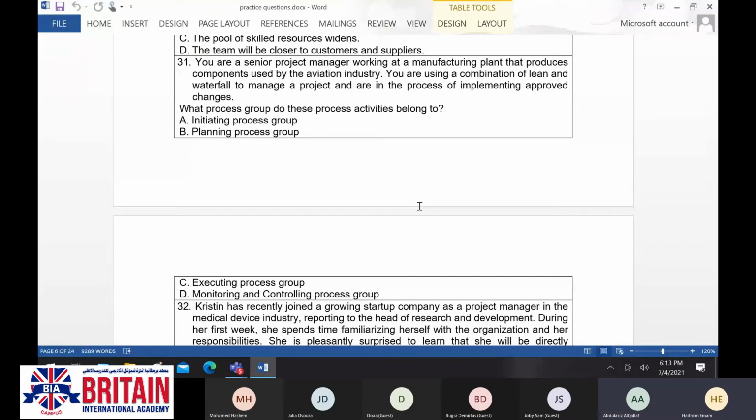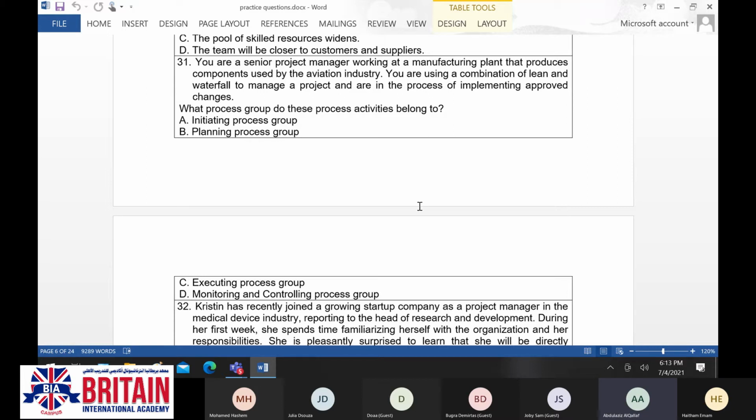Okay. So the question said we are following lean and waterfall to manage the projects. And we are implementing approved changes. So when we want to implement approved changes, we are in the executing process group.